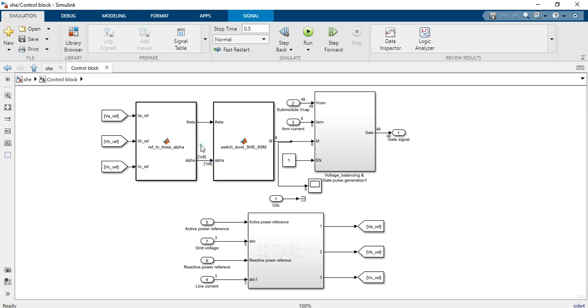You can see that for the theta we have a single value, but for the alpha we have 8 different angles, and here inside we calculate the different lookup tables. Here you can see this is the modulating signal that comes out after the switch level, and we